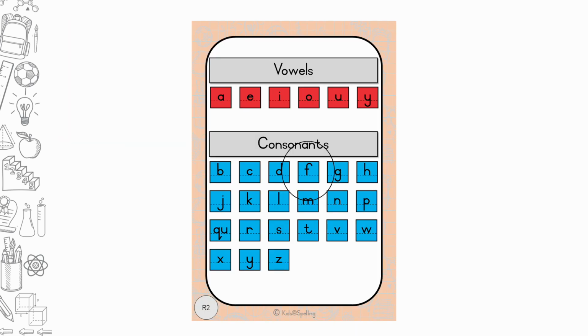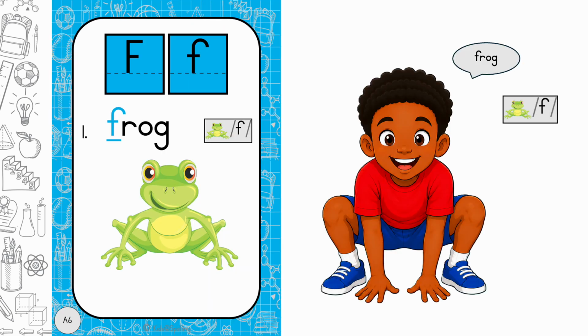F is blue. That means it belongs to the consonant group. On our poster, you can immediately see that there is only one sound for the letter F, and it is easy to learn. Let's move to our multisensory movements to help children remember. Look at the right. You'll find the boy who makes as if he is jumping like a frog. The letter F says F for frog. The letter F says F.